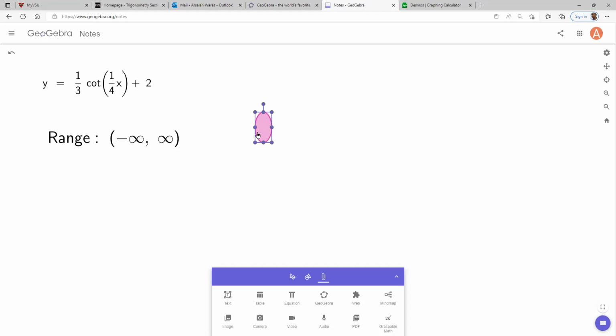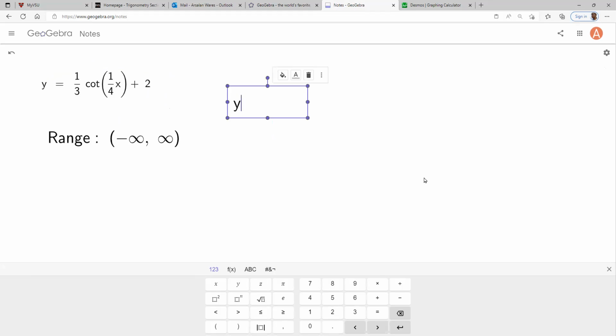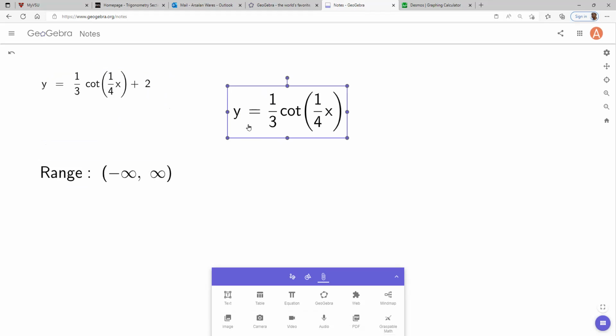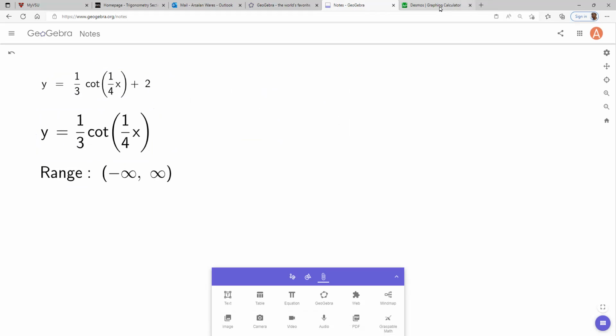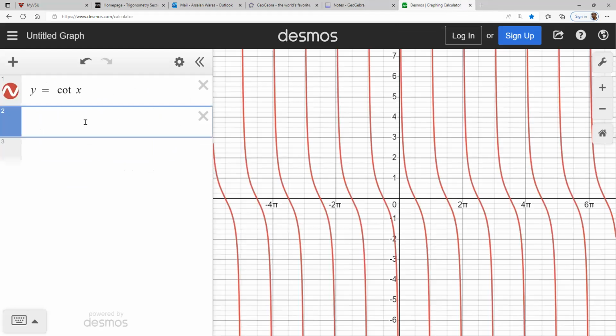Now, you have to understand, I'm going to pretty much ignore the +2. It doesn't affect anything. So I'm really going to be interested in this graph. Let's do the graph again. I'm really interested in this graph. Let's go over here and see what we can do. Let's do our y